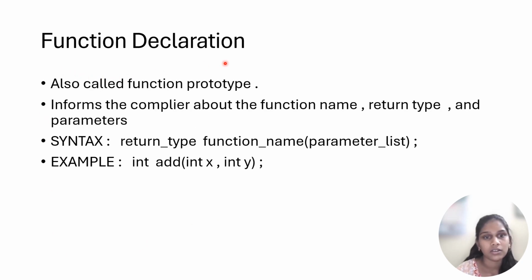Function declaration is also called function prototype. It informs the compiler about the function name, return type, and parameters. Syntax: return type, function name, in parentheses the parameter list. Example: int add(int x, int y);